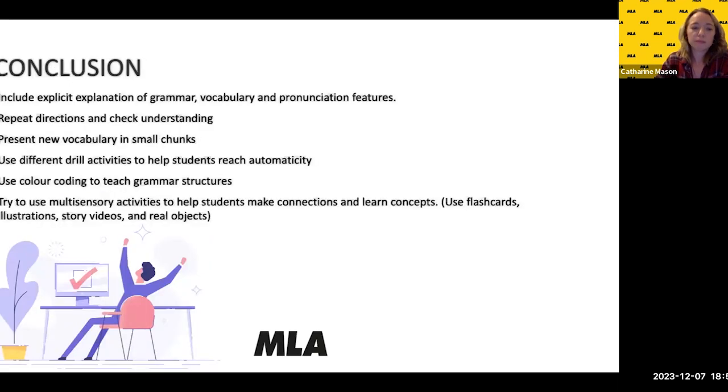And try to use multisensory activities to help students make connections and learn concepts. So it's all about accessing all of those different channels for these learners, for all of our learners. I think we've touched on just a few things that you can go into with dyslexic learners. There's lots of other things that we'd like to go into in more depth, and we'll be doing that in the new year with a couple more webinars